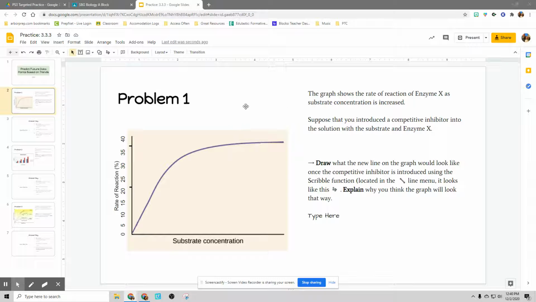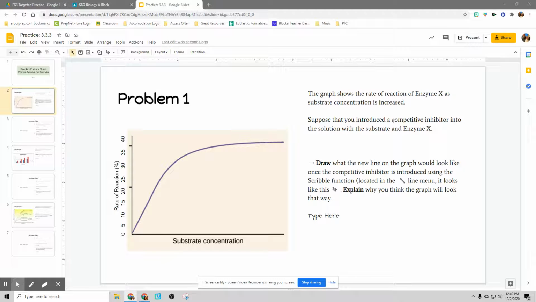Okay, so this first problem says the graph shows the rate of reaction of enzyme X as substrate concentration is increased. So it looks like as substrate concentration goes up, so does enzyme reaction rate. It does level off here at about 37 or so percent, probably because an enzyme can only handle so much substrate at once, right? But it says, suppose that you introduce a competitive inhibitor into the solution with the substrate